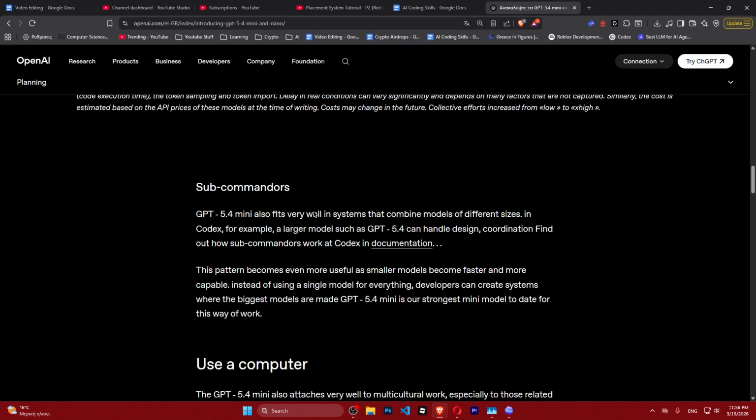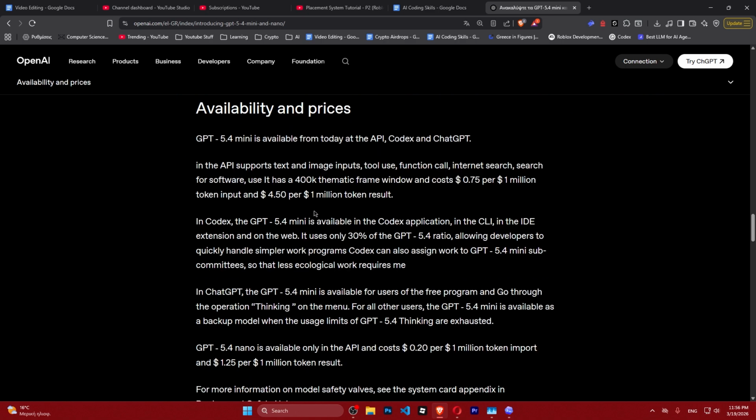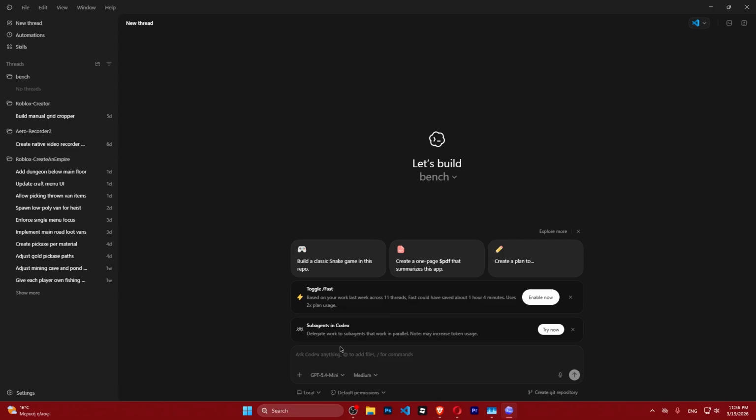So let's test it out. But I gotta say, guys, it doesn't look that amazing, to be honest with you. Straight up using GPT 5.4 on medium setting is just going to give you the best performance for the money you spend. But okay, because we want to benchmark it, we're going to use the extra high setting